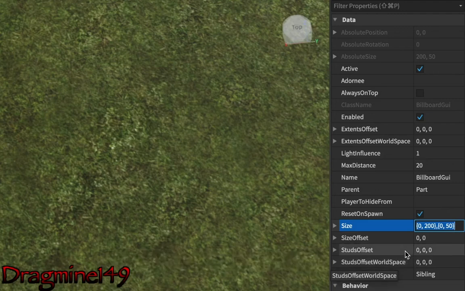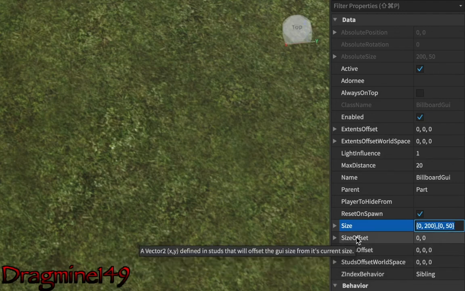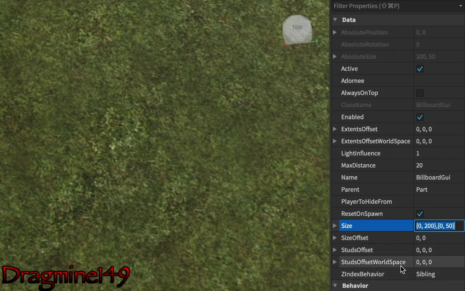You've got the studs offset, so how far away it will be, or where it is. You've got the studs offset world space, like you had the extents, and the z index behavior, does it clip or not. Then you've got behavior and localization, but I'm guessing most people leave them as false.